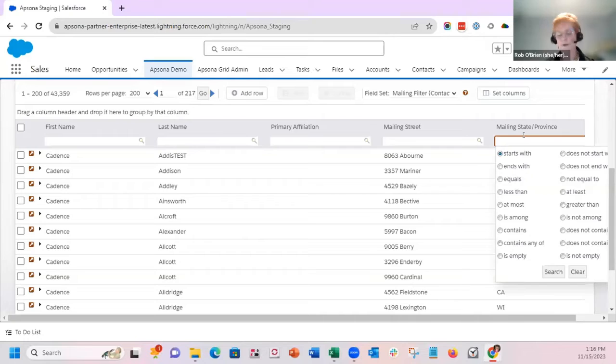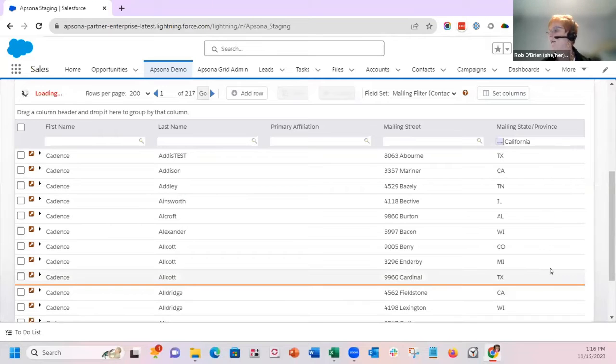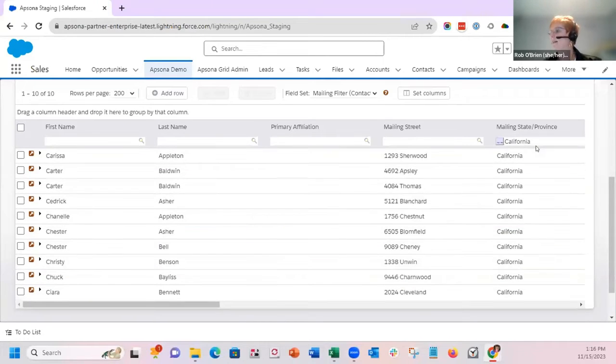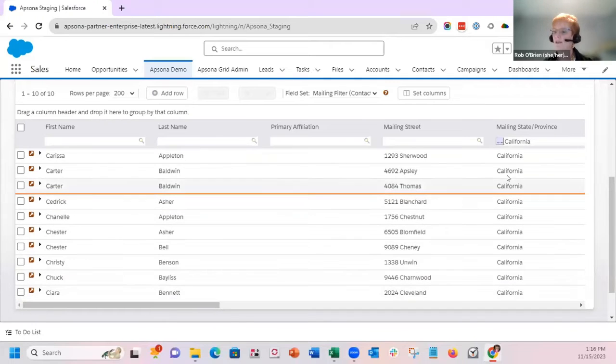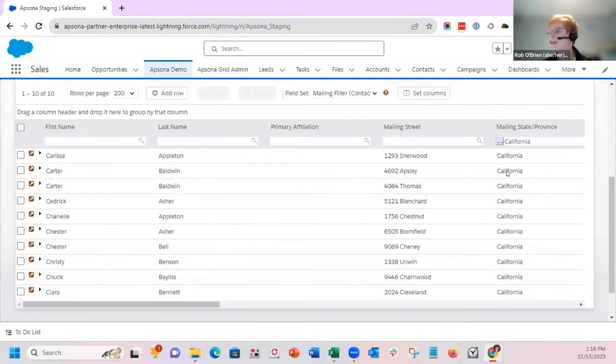And in my case, I know that somebody didn't use the two-letter version of the state, so I'm going to type in California, if I could spell it correctly, and I'm going to say contains, and I'm going to look and see what I've got here. And so if I wait a second, oh, look at that. I have 10 people that they didn't use the two-letter California